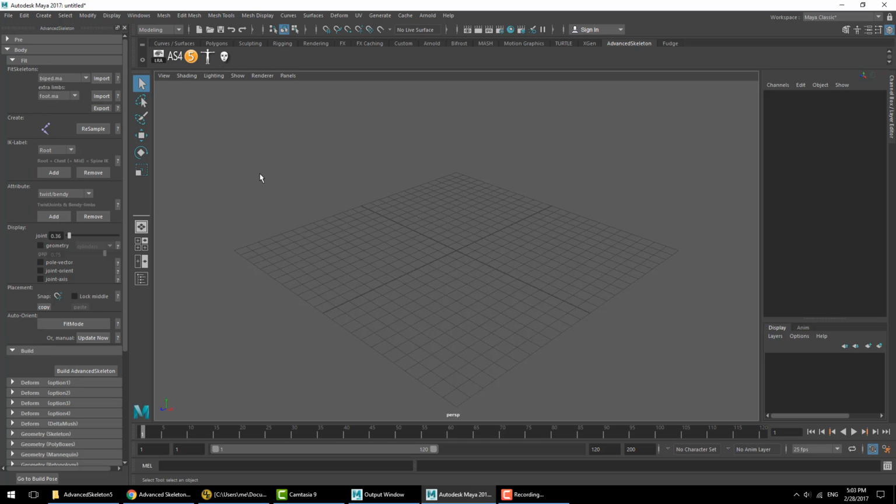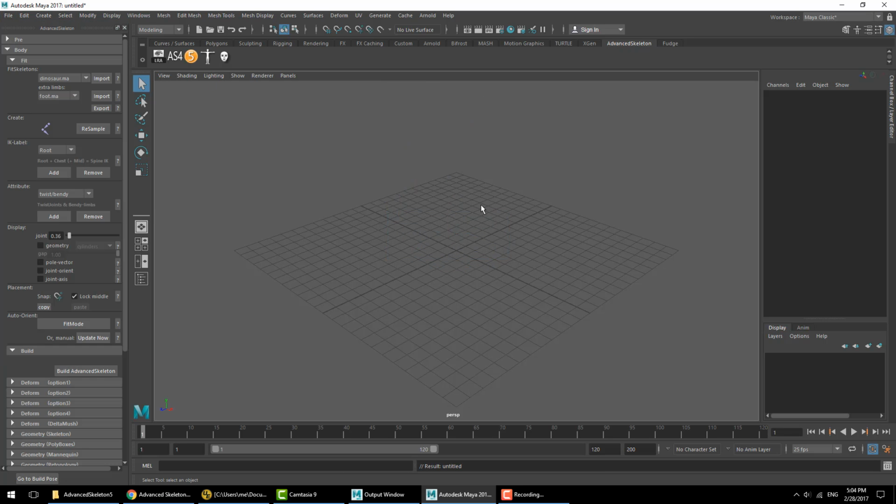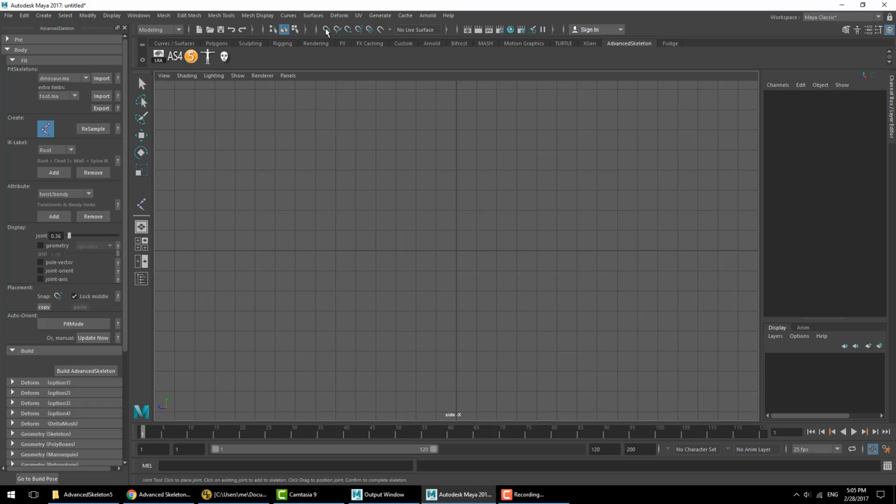Now, as you might know, Advanced Skeleton takes an input joint chain called a fit skeleton, and from that builds a complete rig called the advanced skeleton. You might be most familiar with fit skeletons being imports of one of these templates. But these templates are simple joint chains that have just been saved out, and you can create your own from scratch. Now let's demonstrate by using the create joint tool and creating the simplest possible rig,